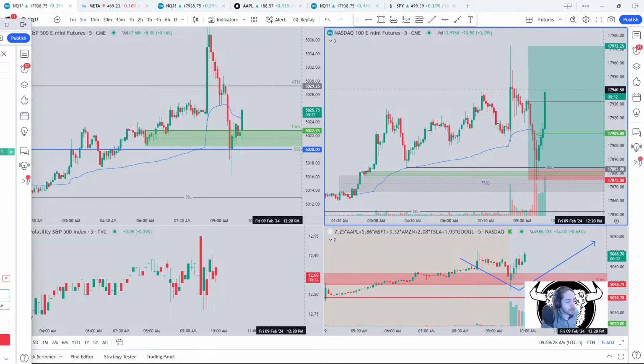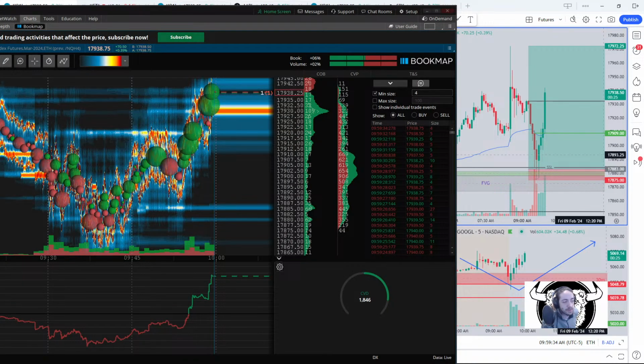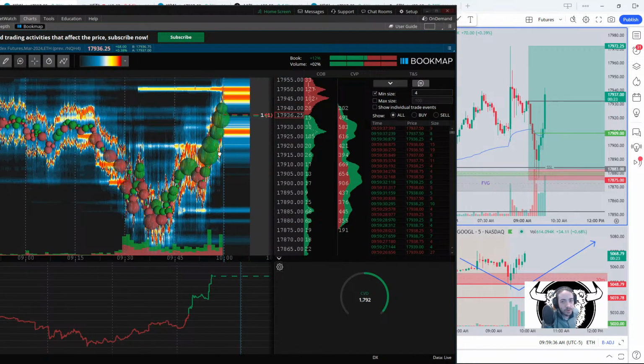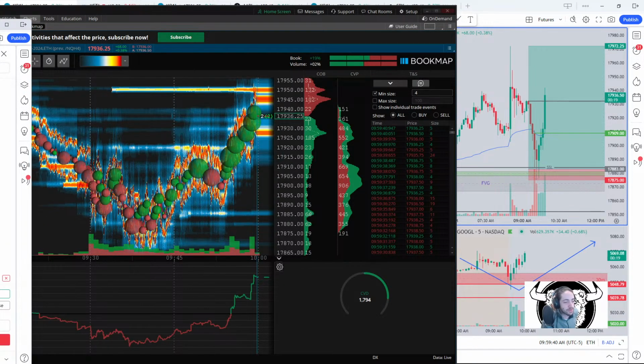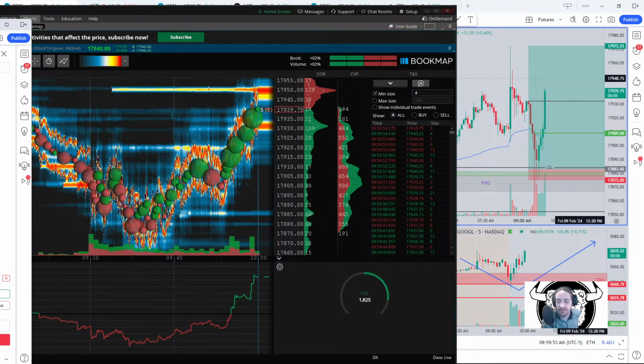On the next push up, I'm gonna sell out of one. How's our book map looking? Oh, maybe not? We'll see. Yeah, I'm still gonna try to get out of one. That was crazy. Give me one more big push. Nah, I ain't getting out of one. Forget that. Holy cow.